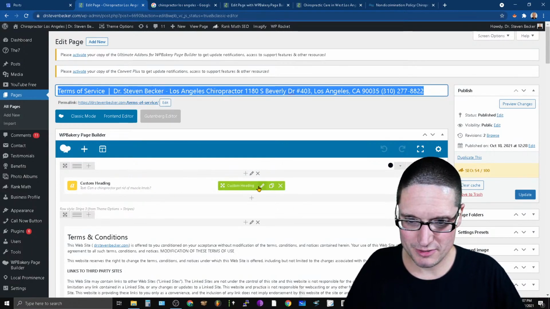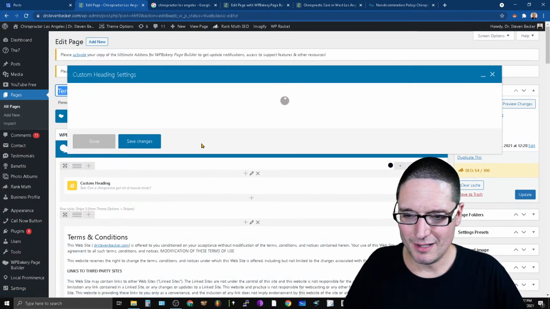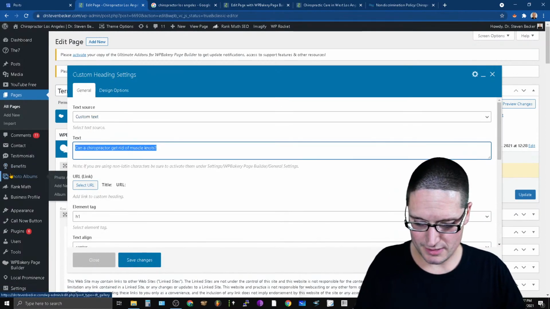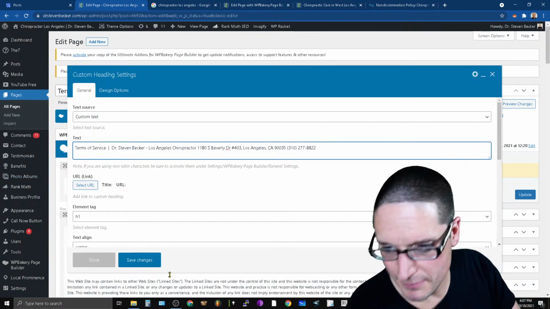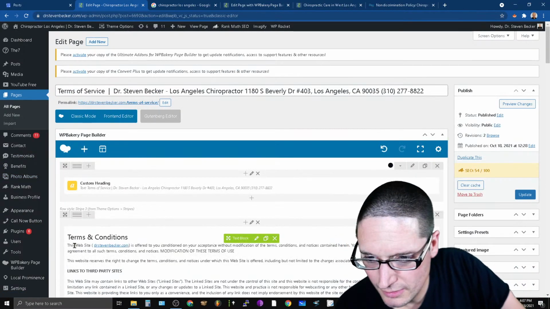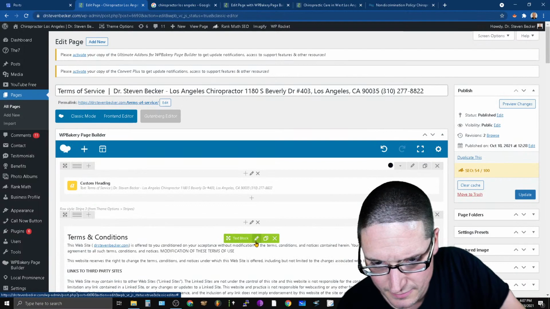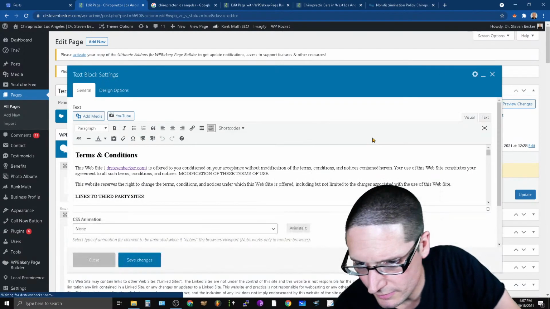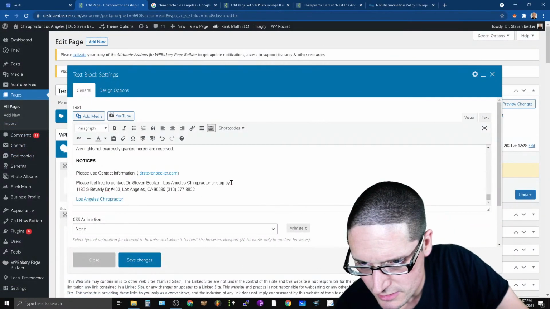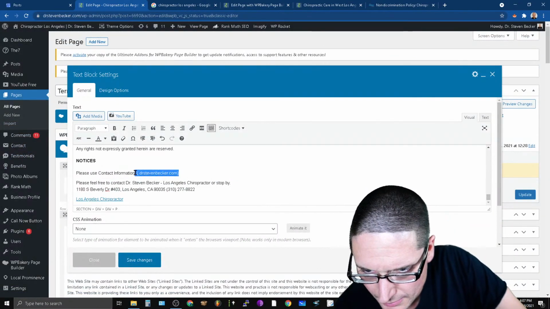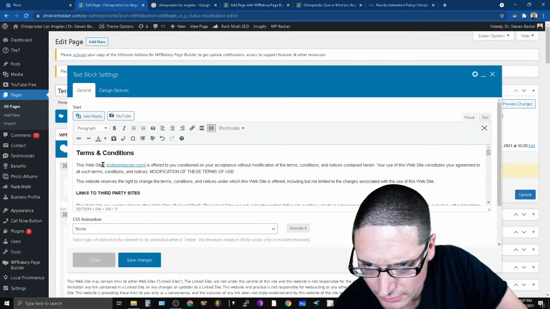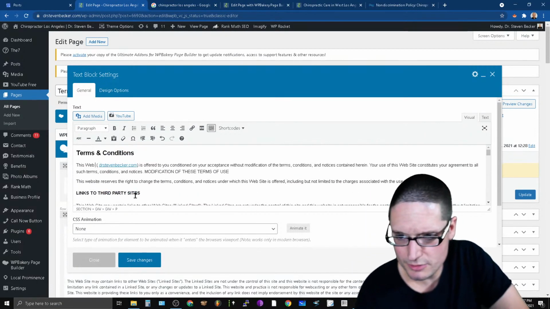So what I'll do here is I'll bring this in here. We'll make that the custom text, okay, that makes sense. We'll just copy it. I should have done that before, but that's okay. And then we'll come down into the text block. There's a couple things that we have to change here. All right, so what we want to do is copy this. Actually, no, let's do it this way.